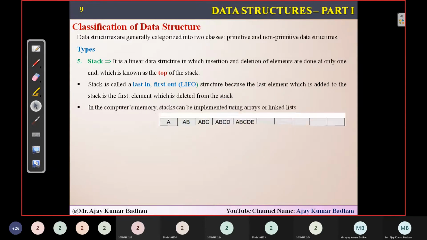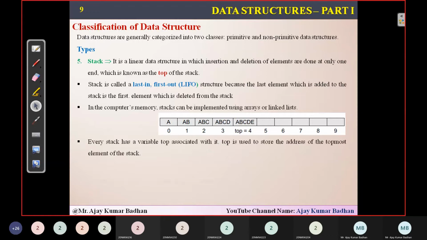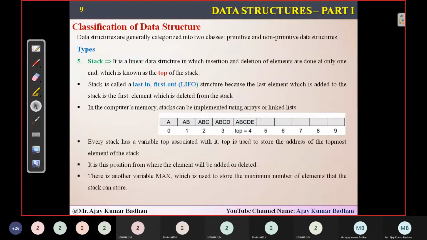Now this is the diagram, the sample example we are showing you pictorially. As I told you, stacks can be represented using a linked list. Previously I have shown you using an array. Same thing here also, we are using an array. So in this array, there are a total of 10 elements I can insert. The first element is A, the next element is AB. So this is a subscript, or we call it an index. And that is what I'm talking about here, something called top.